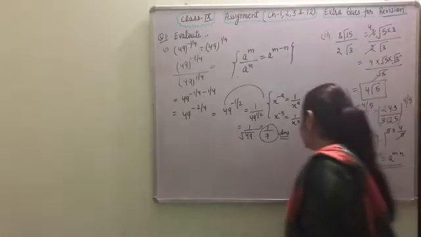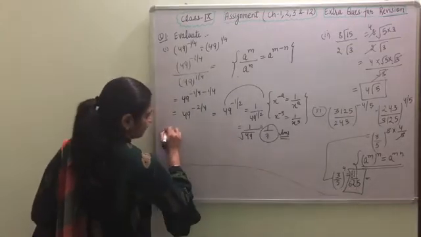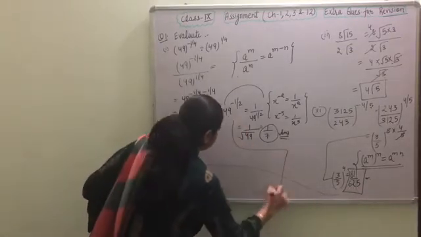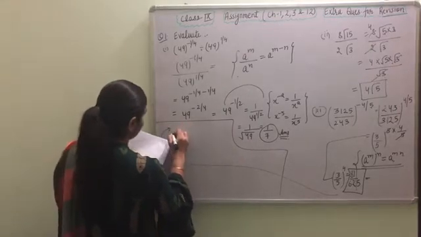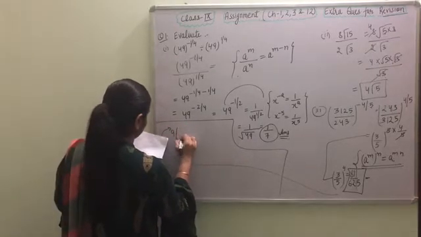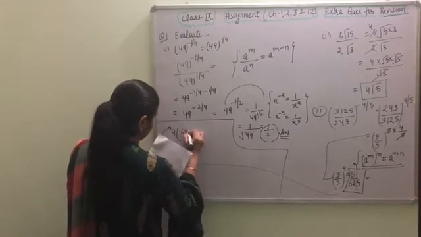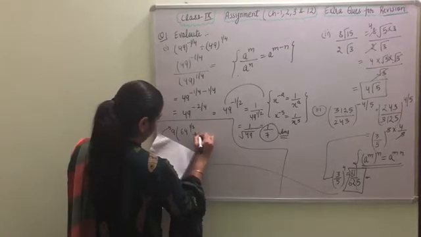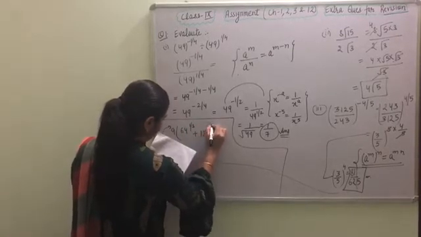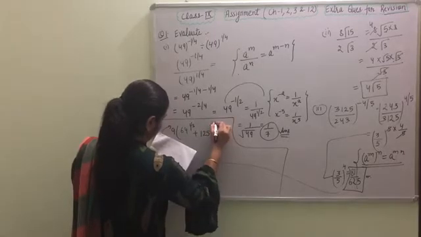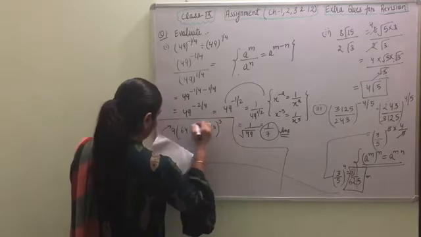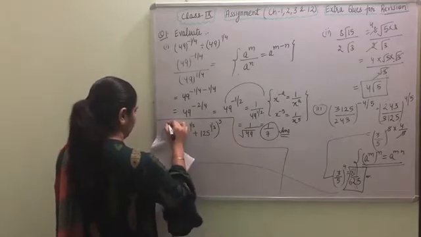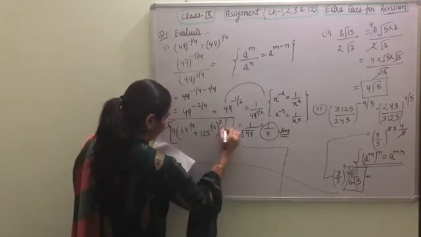Now, the part here I am doing, okay. This is the fourth part now. The statement is 9 into 64 raised to the power 1 by 3, 125 raised to the power 1 by 3, whole raised to the power 3, and then whole raised to the power 1 by 4.